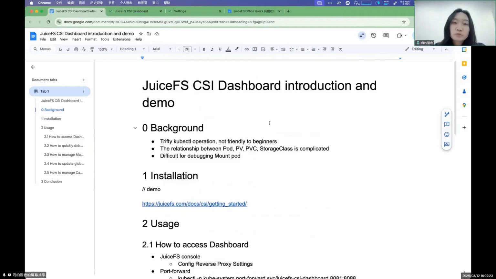Today, I'm mainly going to briefly introduce one of our features and give a demo. First, the background is about the CSI driver that we are using. Now, when the driver uses JuiceFS, we can only use the kubectl command to essentially create a pod and